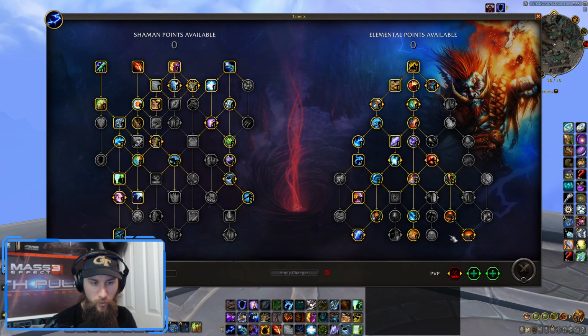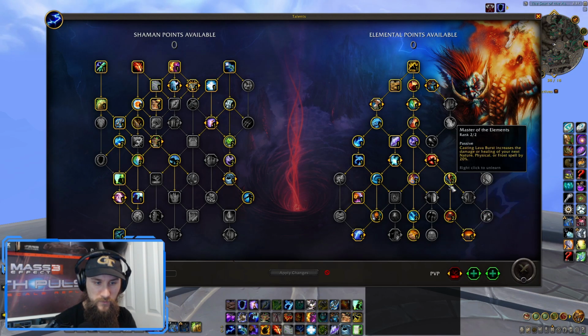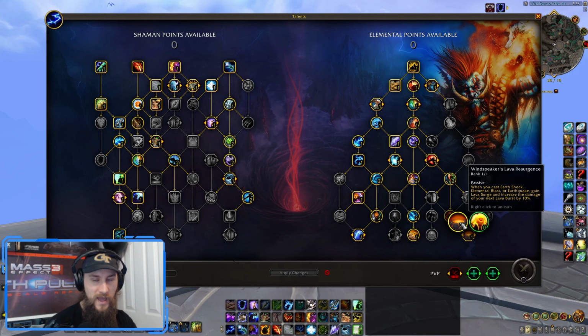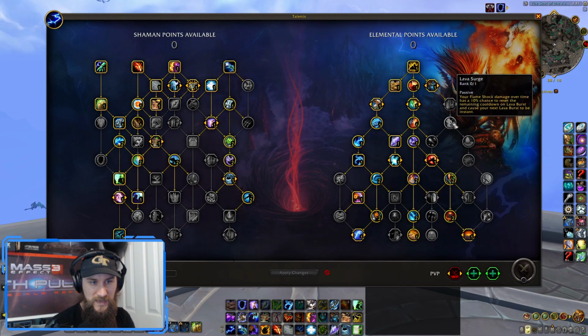And I know that might seem a little bit weird for something that's considered a lightning build. All of a sudden, we come down here and pick up Magma Chamber and Windspeakers. But basically, this is the only way that we're going to have access to a Lava Surge. This is what's feeding us that, because as you can see here, we're not taking it naturally, so we're never